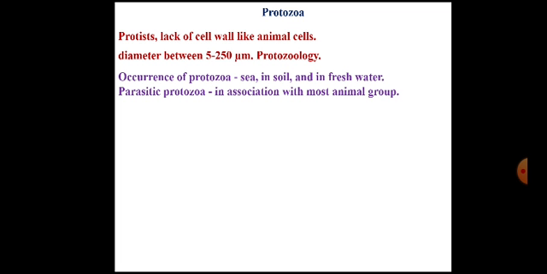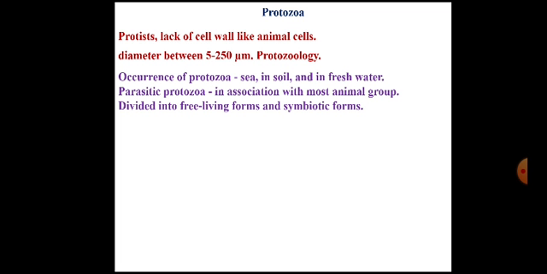Protozoa can be parasitic, that means they are dependent on other organisms for growth, and in that process, they may cause harm to the host cells. They are called parasitic protozoa. It is a kind of negative association that occurs in animal groups. So these parasitic protozoa are responsible for the production of several diseases in humans and animals that we'll see in next few slides. They are divided into two categories, basically free living protozoa and symbiotic protozoa.